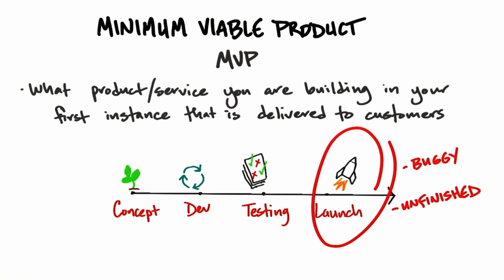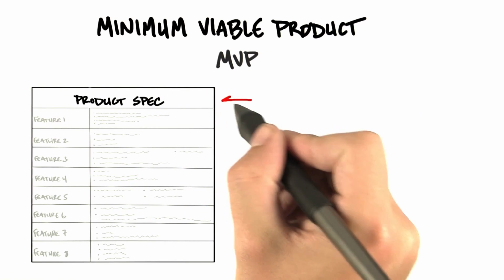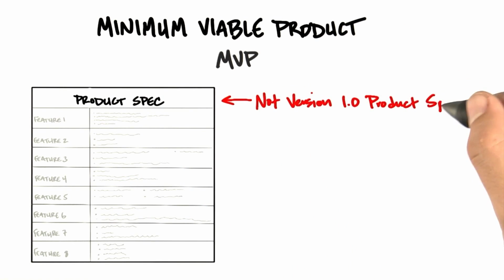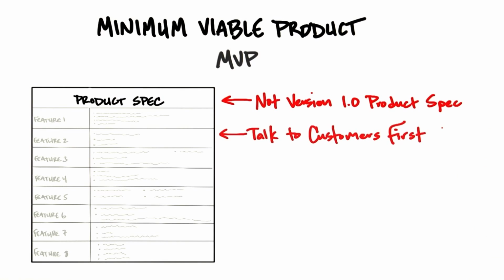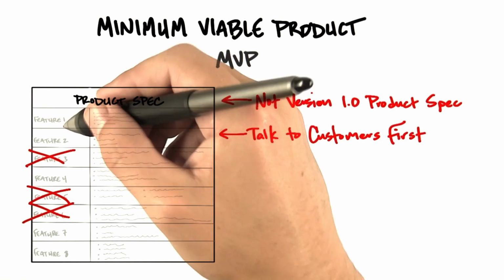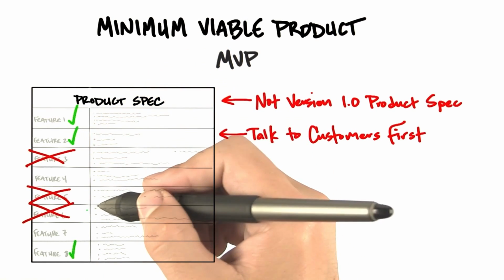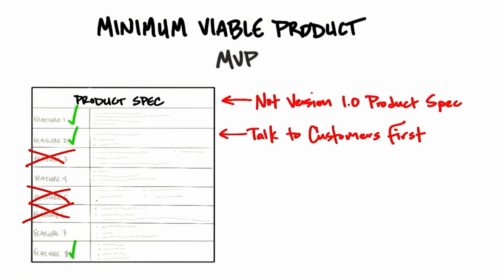But the MVP is actually quite different. The MVP says, no, we're not speccing a version 1.0 product that has a spec 18 pages long. We're actually doing the work outside the building first and trying to understand what's the minimum version of a version 1.0. Not what engineering or the founders thought, but what is it customers are going to tell us they'll pay for or use now. And while it might be, quote, a beta product, we never use that word. We actually tell customers it's a minimum viable product.